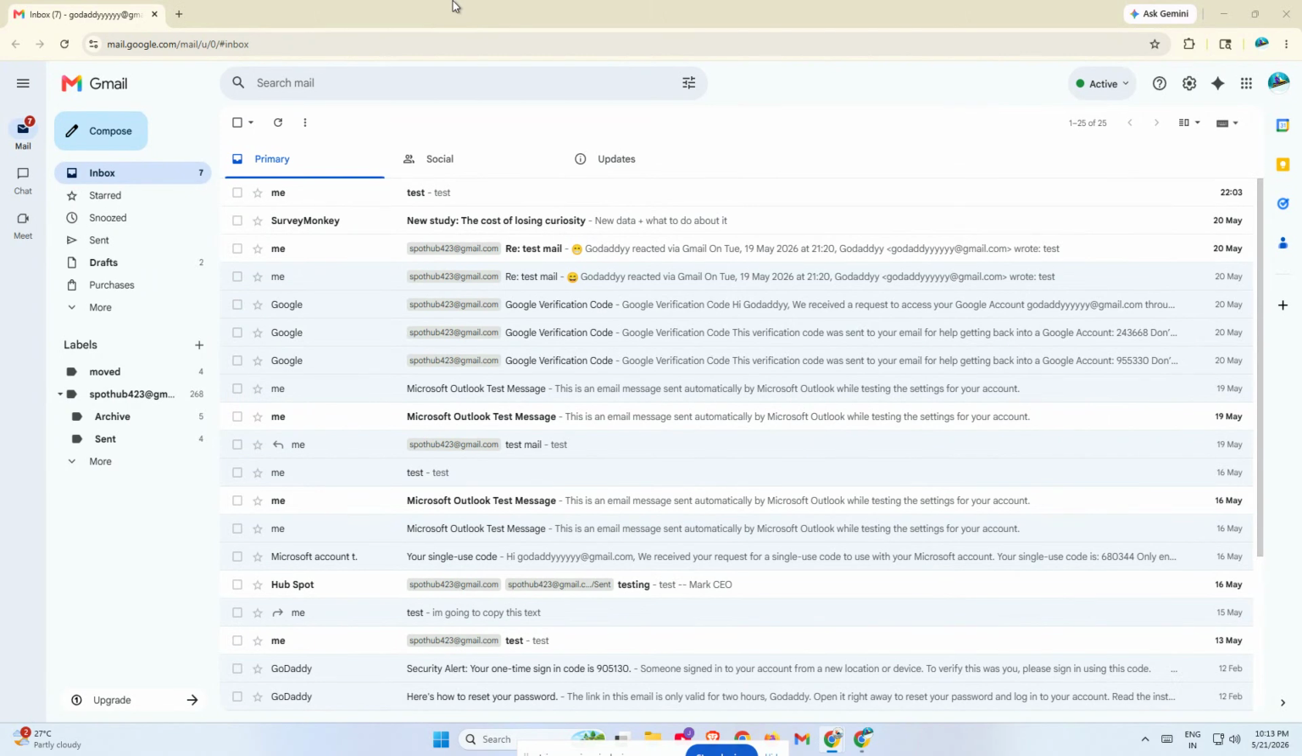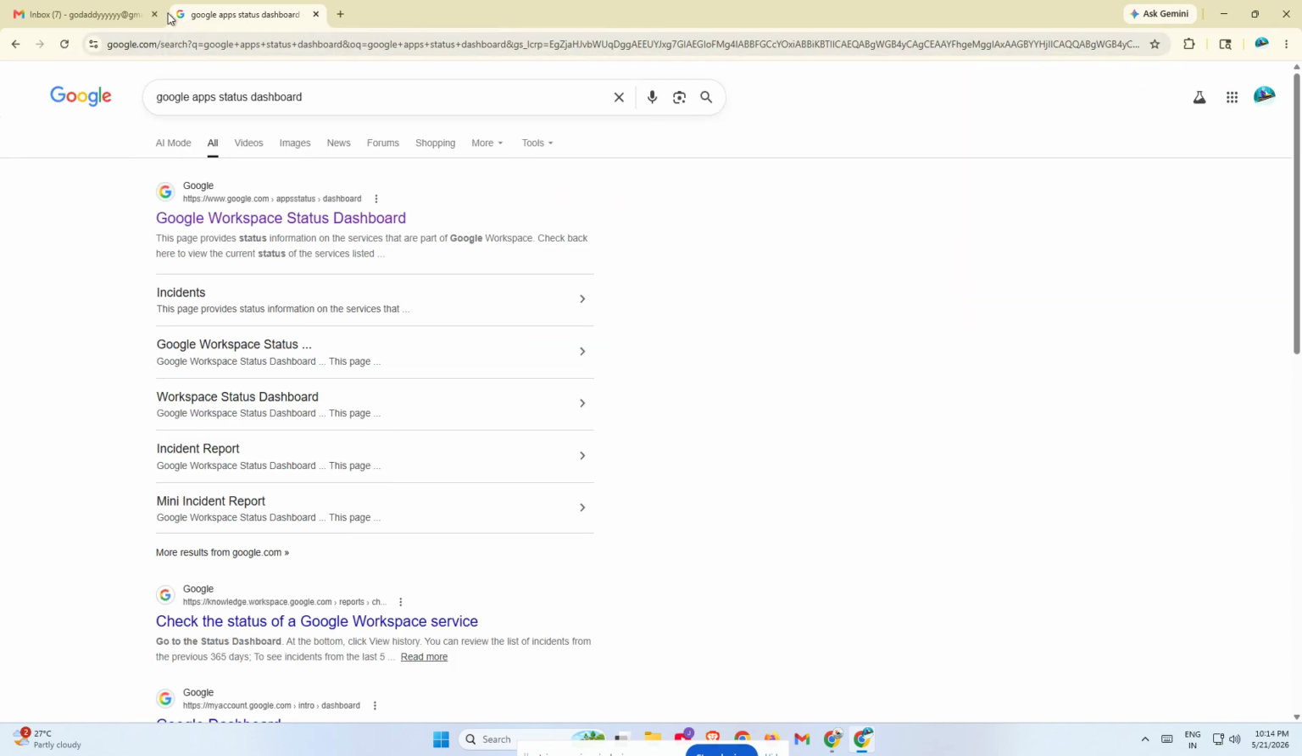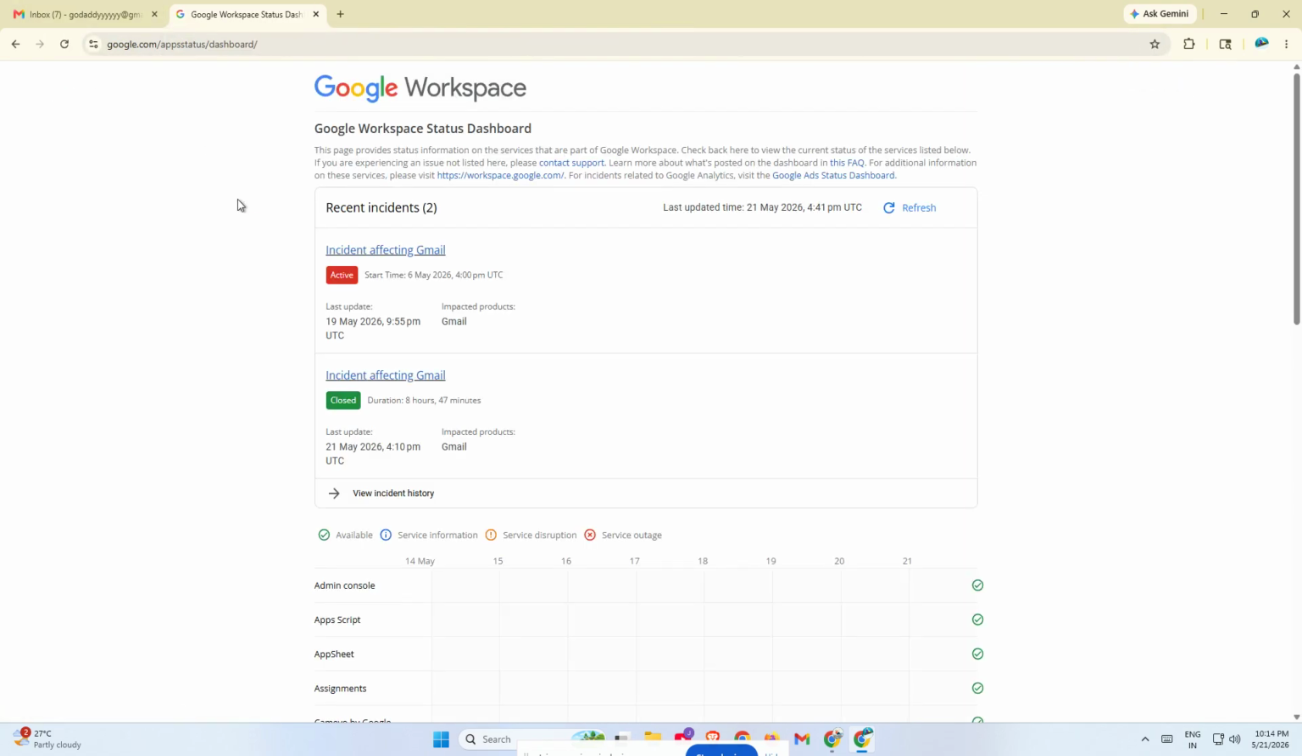First, before changing anything on your device, check whether Gmail itself is having a service issue. Open your browser and go to the Google Apps Status Dashboard. This is the official page that shows whether Gmail and other Google services are working properly. If Gmail is experiencing an outage or partial disruption, the issue may not be on your side at all. In that case, the best move is to wait and try again later, because the error may resolve automatically once Google finishes restoring service. If the status dashboard shows everything is running normally, the next step is to refresh Gmail